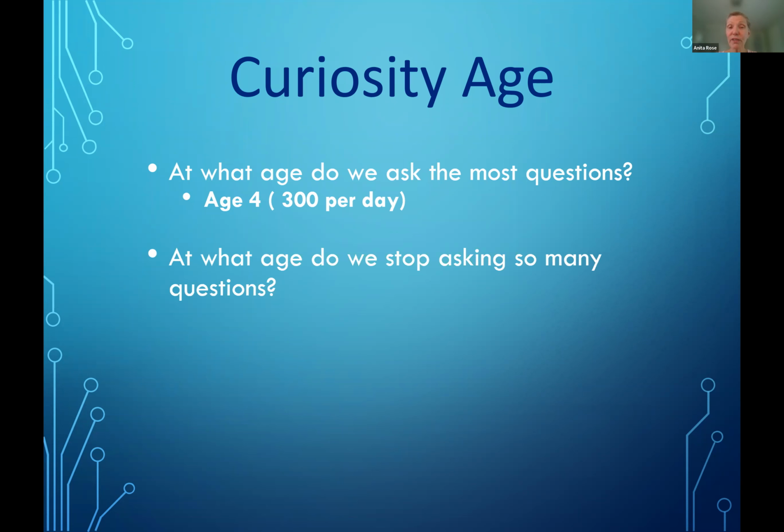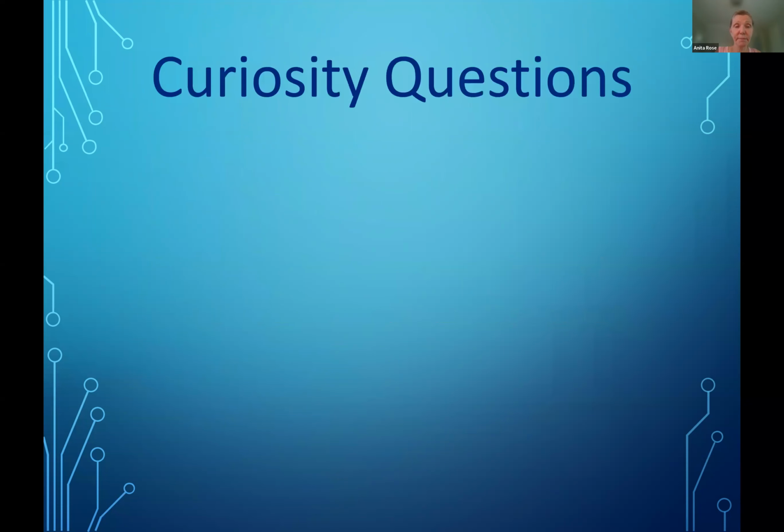What age do children or people stop asking questions? And what do you think that might be? It is actually age 5, because they're told to listen rather than ask. They start school classes, they're listening to the teacher, and they don't really have the opportunity to ask a lot of questions. And that's unfortunate. So we want to maintain that curiosity that we have. And those of us who have kind of lost it a little bit, it would be good for us to gain it back. So how do we go about doing that?